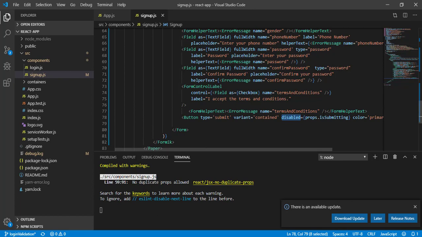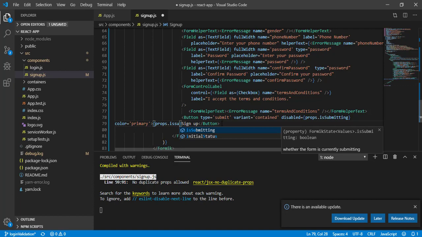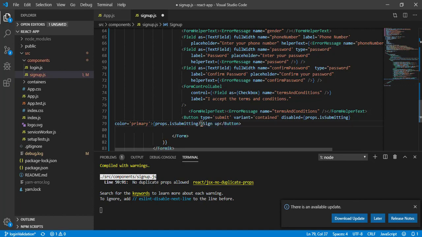Next, here we will change the text. So I will say curly bracket, and here props dot isSubmitting. When this value is true, please show the message as loading, otherwise show the message sign up.